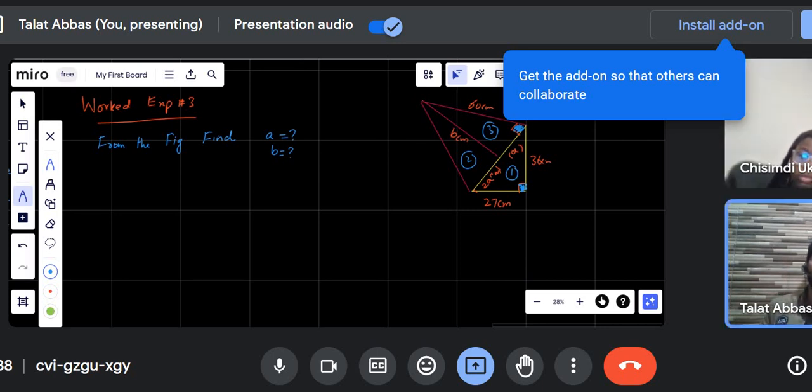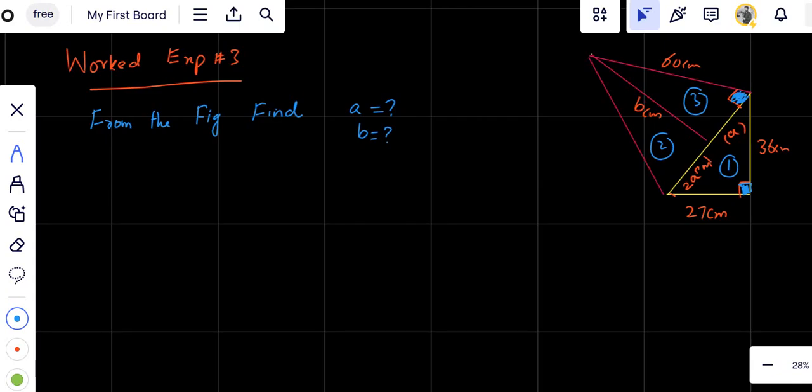Why 1? Yeah, it has the values of two sides, which are 27 and 36, right? Okay, so this side is hypotenuse or opposite? Yeah, perfect. So by using Pythagoras theorem, like I can write here